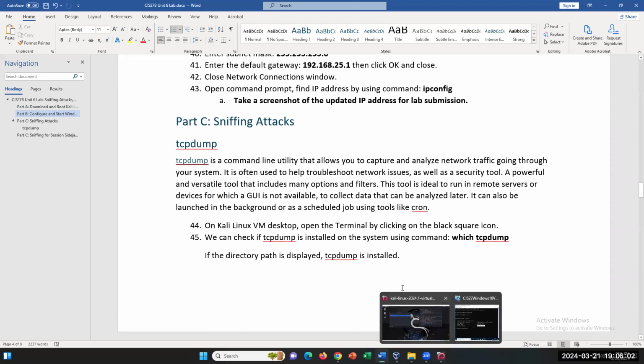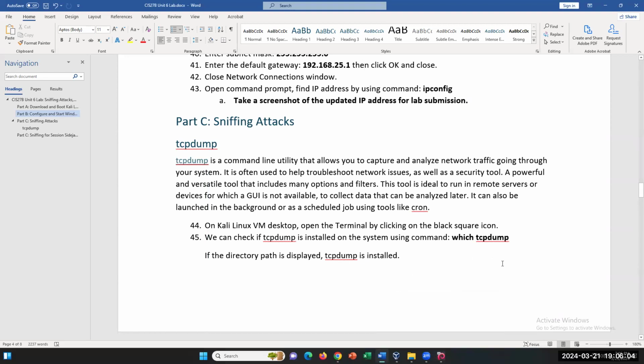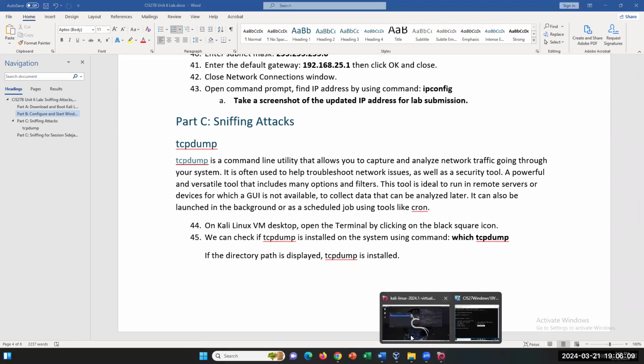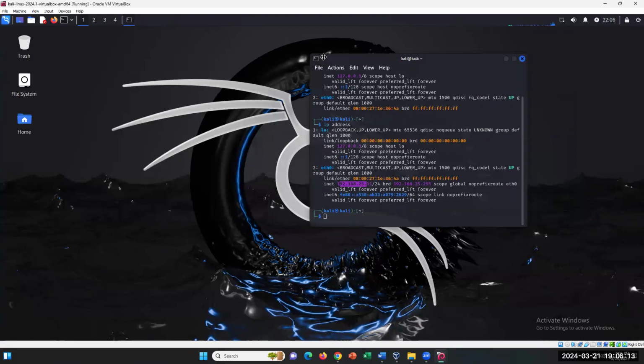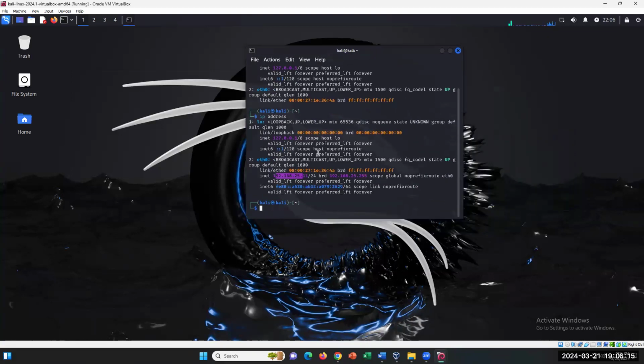So we're gonna do both at the same time now. Both of your virtual machines are on. It's on the same network. On your Kali Linux, right? We can close this. On your Kali Linux, you're gonna go which